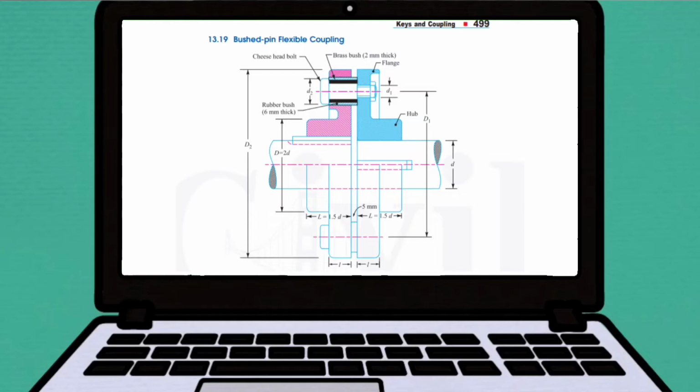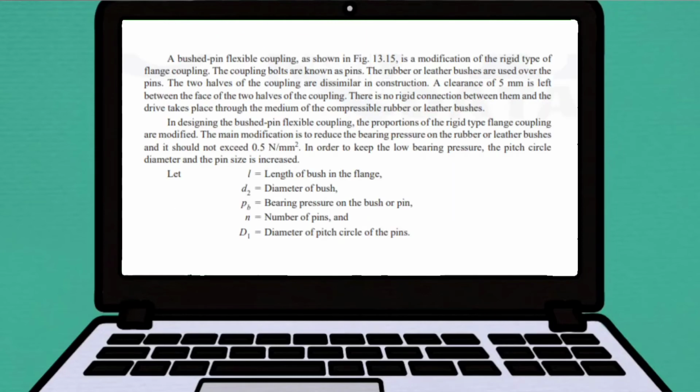A bush pin flexible coupling has been shown and is a modification of a rigid type of flange coupling. The coupling bolts are known as pins. The rubber or leather bushes are used over the pins. The two hubs of the coupling are dissimilar in construction. A clearance of 5 mm is left between the faces of the two hubs of the coupling. There is no rigid connection between them and the drive takes place through the medium of the corresponding rubber